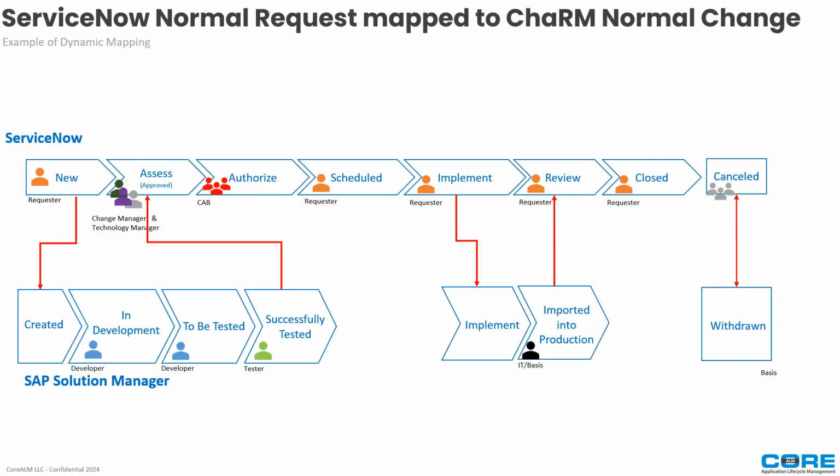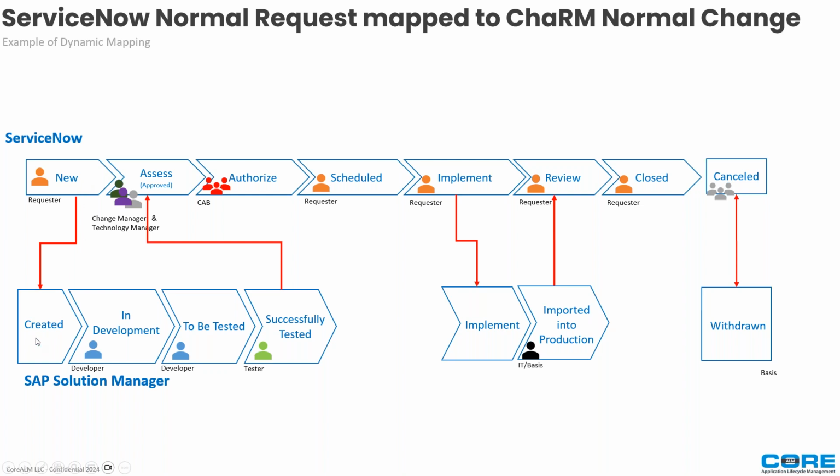What we're displaying here is really a normal change, and what we're showing is an integrated end-to-end process. If you think about it, you have a process in ServiceNow and you have a process in Charm. Essentially, those are two separate processes that could run independently of one another. However, with the introduction of the connector, it's not mandatory, but we can build the end-to-end process, meaning a process would begin, in this case, in ServiceNow. After certain actions or fields are completed, we hand over the process to Charm,